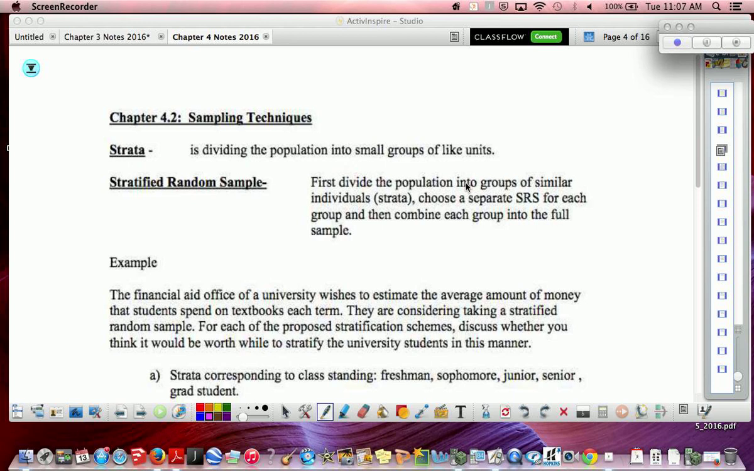So in 4.2 it talks about, here it has this word called a strata. Basically, a strata, as it says here, is taking your population and dividing it up into smaller groups with like units. The reason why you would want to do a strata is to, for instance, make sure that when you're collecting data,